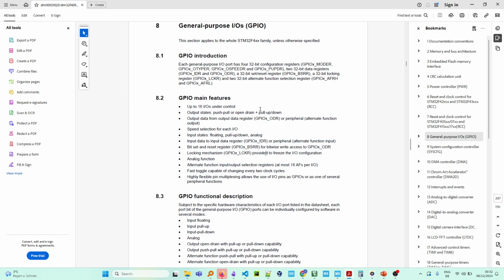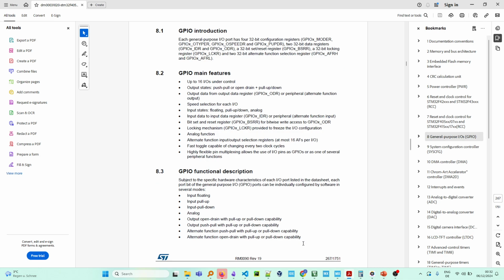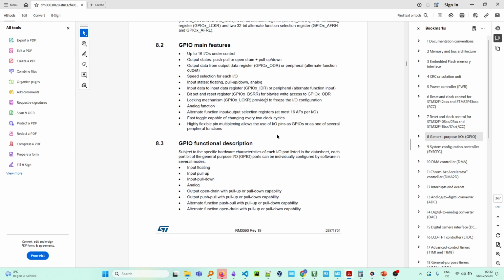So it has, for example, 16 input outputs, and it has many different output states like push pull or open drain, or pull up or pull down. And also you can configure the speed of the input output, and also the input states: floating, pull up, pull down, or analog. So yeah, there is a lot of information about the GPIO